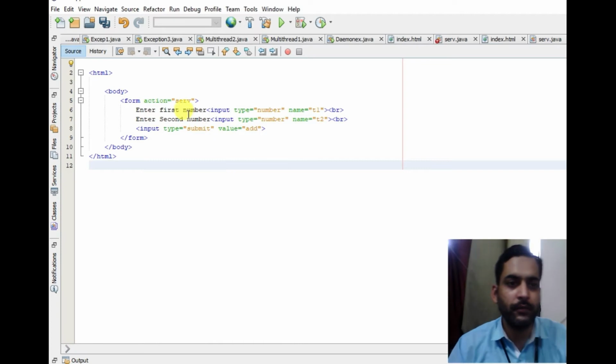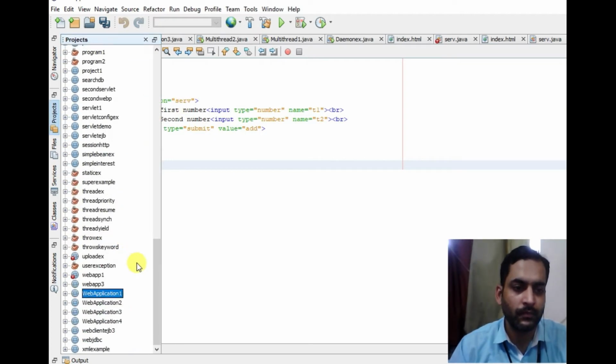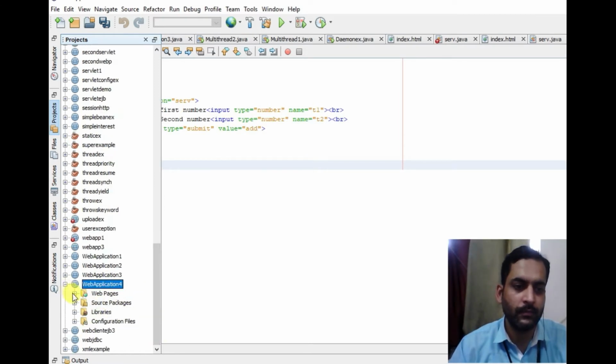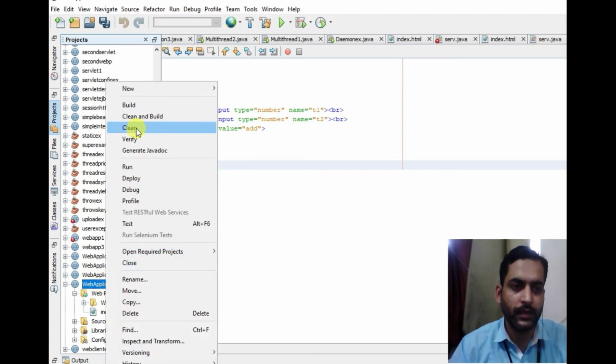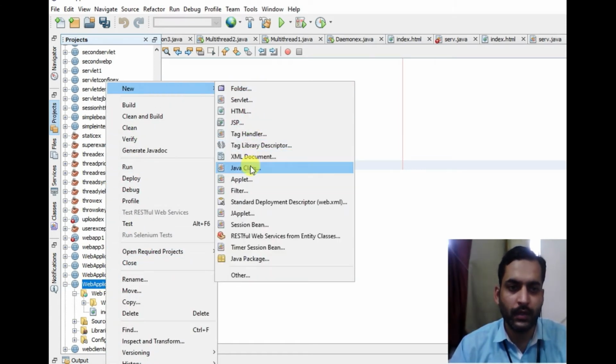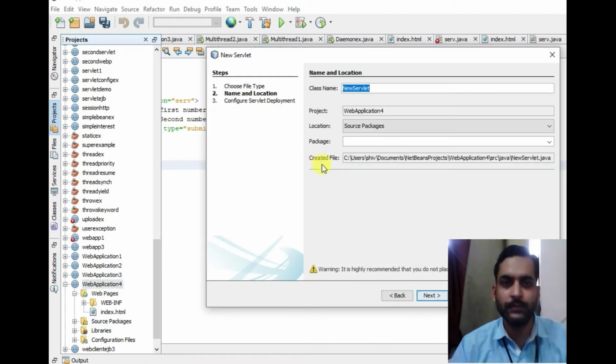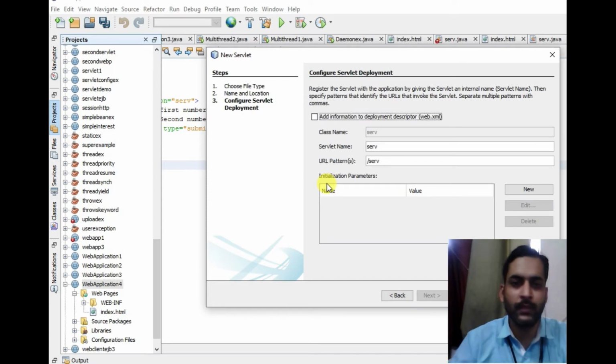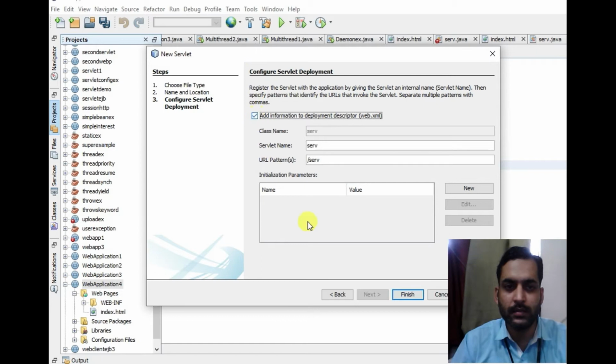Now let us create this servlet serve. Right click, new, servlet, create a servlet serve, and check this checkbox.